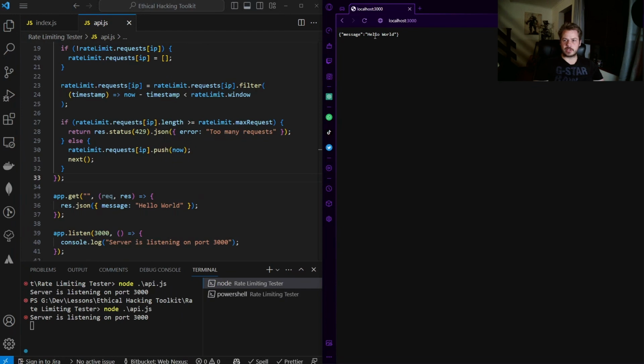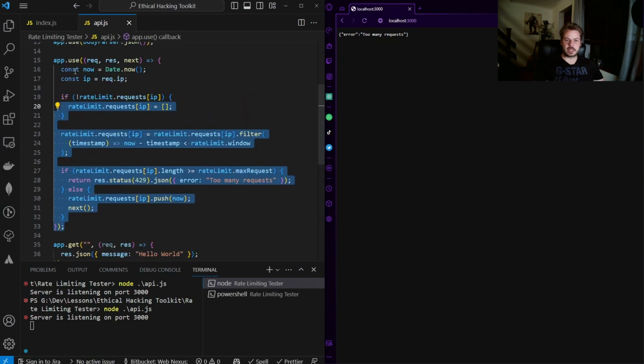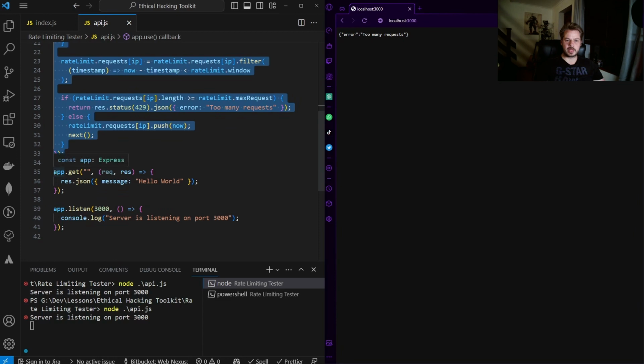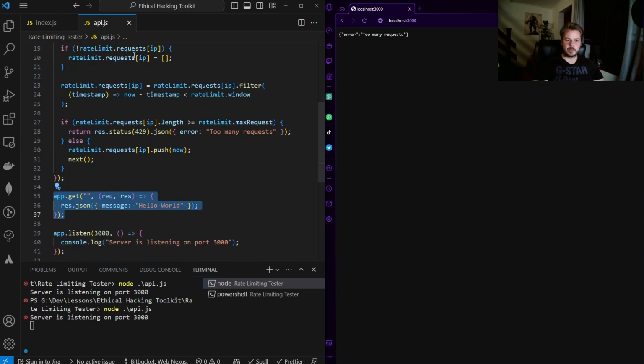So you can see I've refreshed, it says hello world. If I just hold down Command R to constantly refresh this, there we go, we see too many requests. So what this will do is stop the business from happening here, and it will immediately send it in this rate limiter here. So even before they've hit this part here, it's going to run this first to ensure they haven't had the rate limit set against them. And then if they do pass this, it will then go on to this app.get